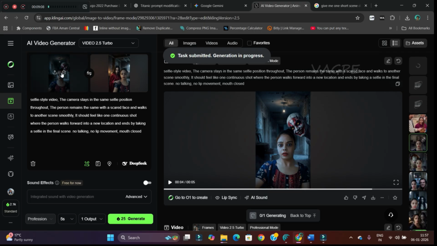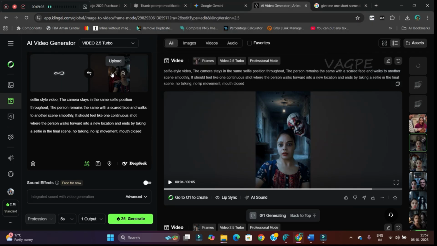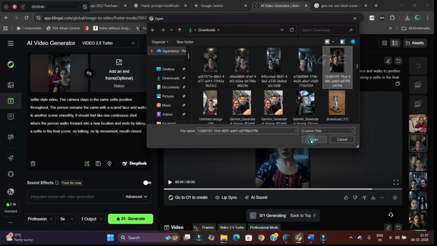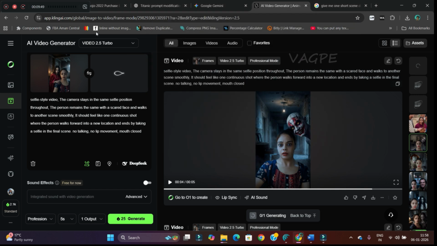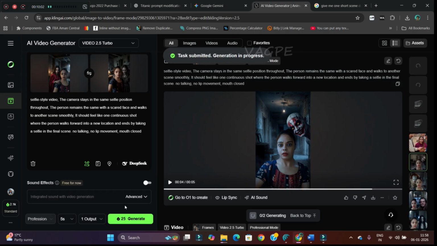And again, if you want to use the next reel, then this image will become the first image. So let me just upload that. This image has to be my first image, first frame, and the next film's video image has to be my last frame. So I'll again upload another image. This is where I started with. Okay, so I'll be uploading this again, keeping the same prompt, no change is required. Hit generate. Let it upload first. Okay, and then hit generate. That's how you should be creating scene by scene